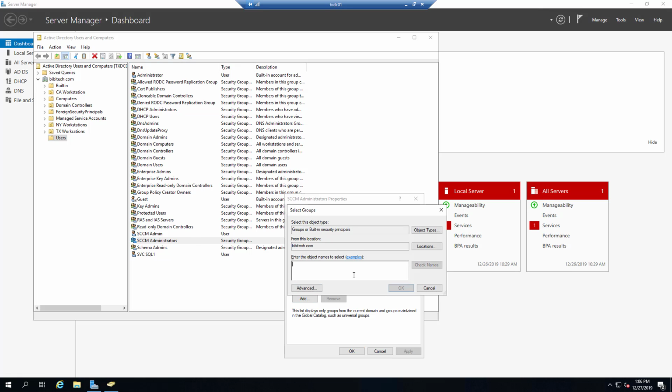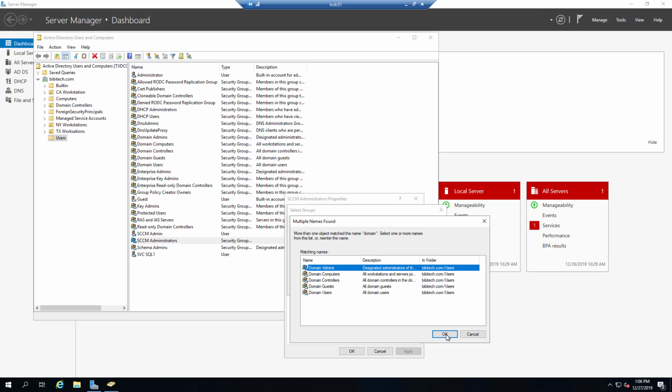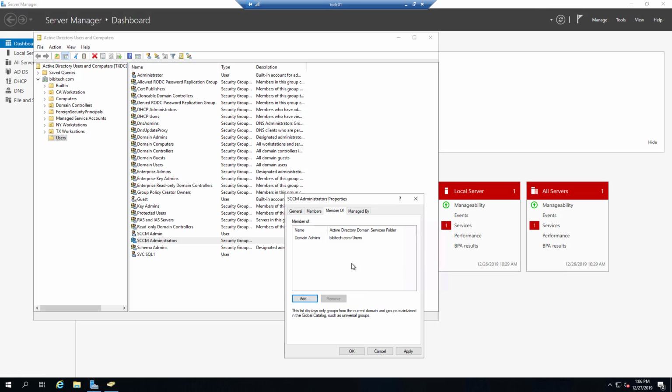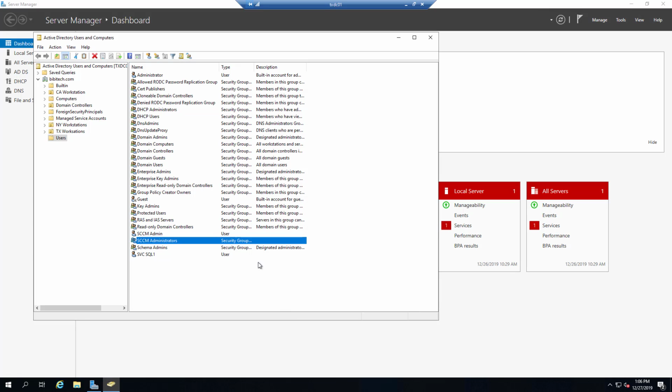So I'll just go and look for domain. Check name, and that will be domain admins. Okay. All right. They have kind of ultimate power. So this is lab. It's all set. This is good. Now I'll go back to the SCCM server